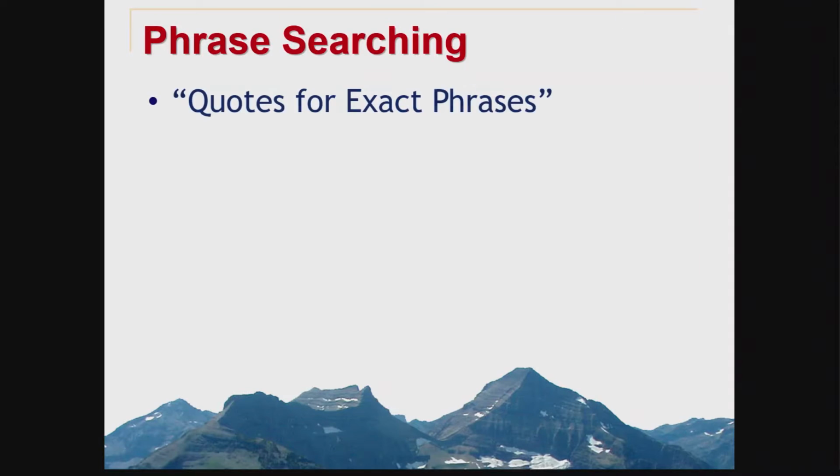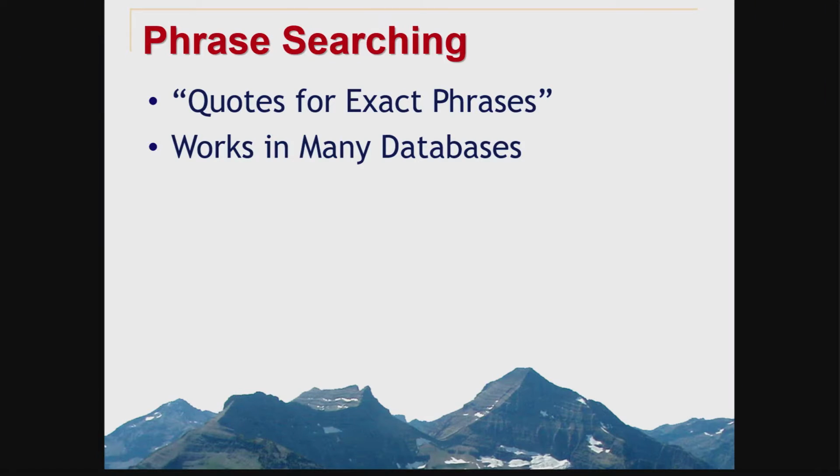So even if you've been doing phrase searching for years, where you put the quotation marks, there need to be double quotation marks around one or more words, and you're going to get those in exactly that order from whatever search system you're in. If anybody remembers back a couple decades ago, the way places like Dialog used to do this was with weird adjacency operators. When web search engines came up with the phrase marks, it was a great way to do it, simple to teach, simple to remember, and it still works in many databases,